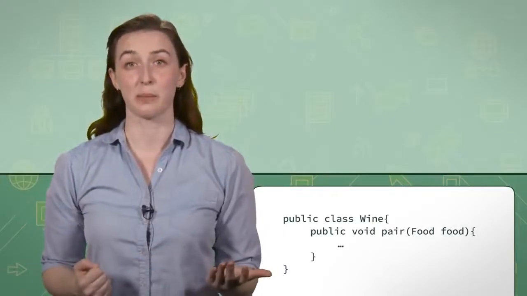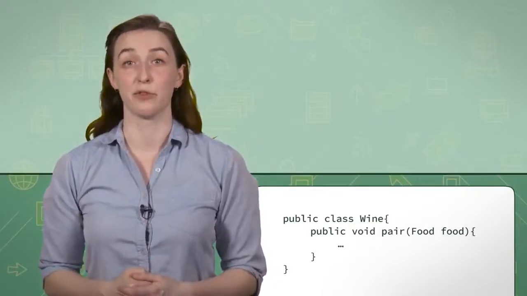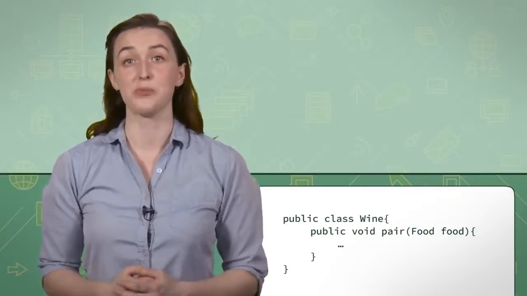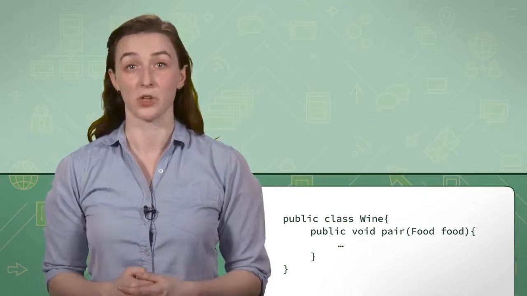As with our student example, the wine can exist independent of the food. It does not need food to exist, nor does it always have food. The two objects interact with each other without belonging to one another. Overall, association is a loose partnership between two objects that exist completely independently. They have numbers that are not tied to each other.